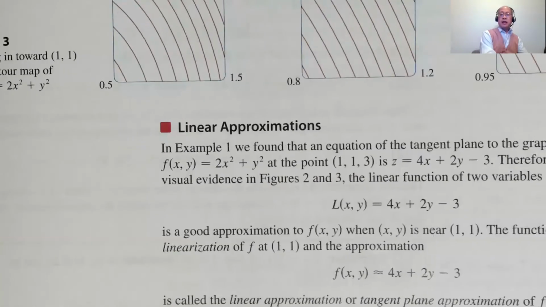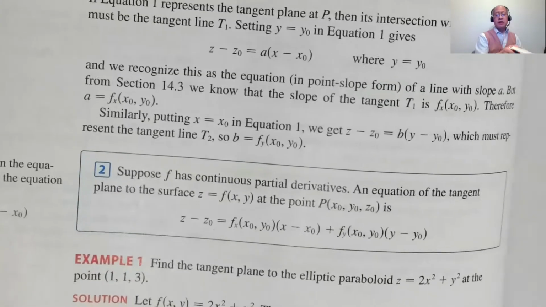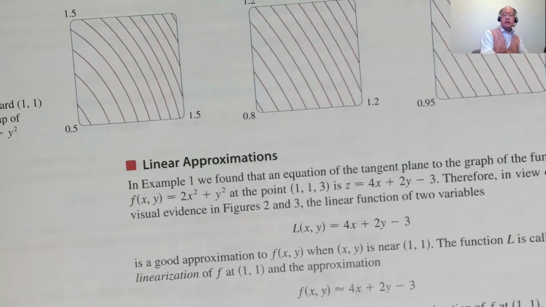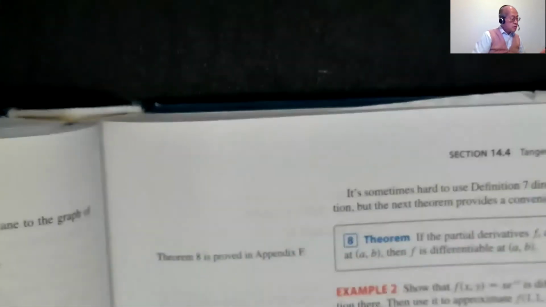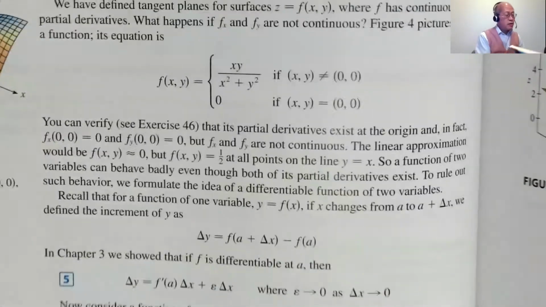So if you're asked to give a linear approximation, then you can say L of x, y. That's just cleaning up this algebra to make it look like z is a function of x and y. Okay, and so it looks like something linear, which we like. We like linear stuff. We don't like all the other kinds of stuff. Okay, and the only other